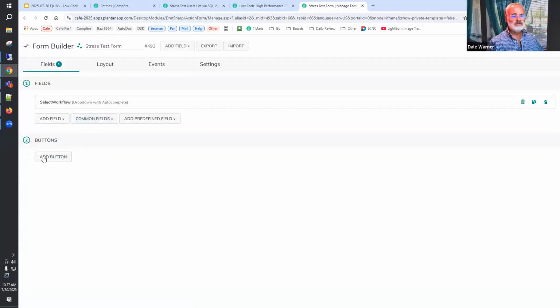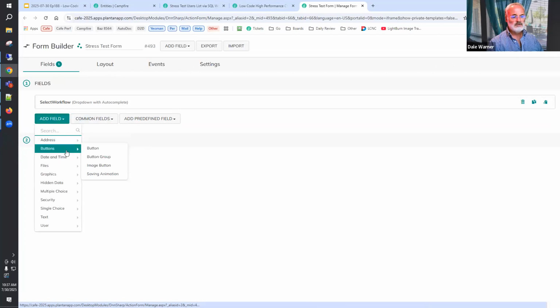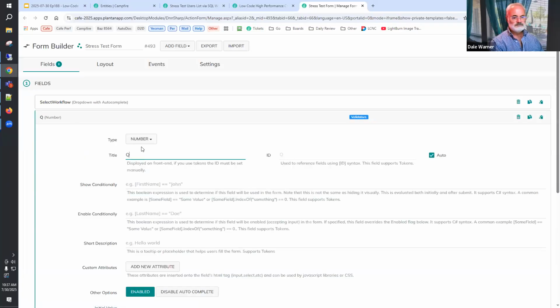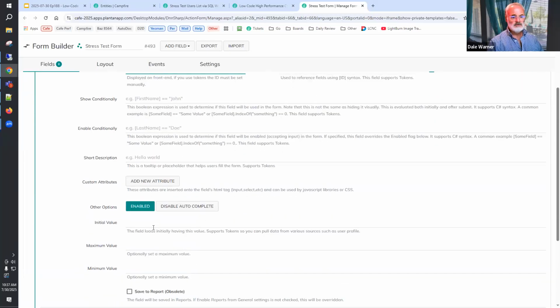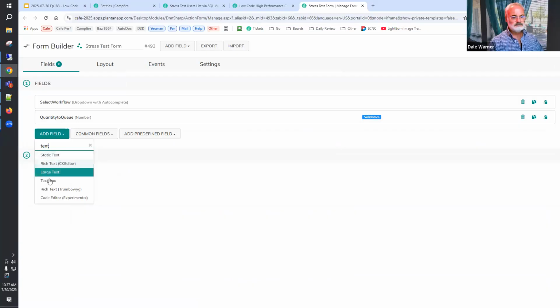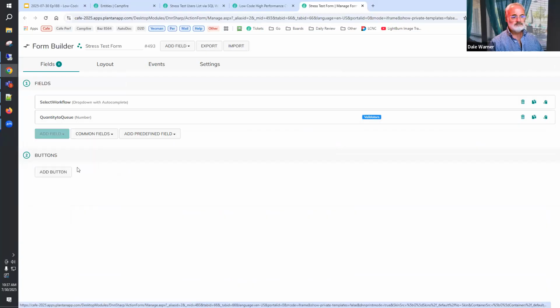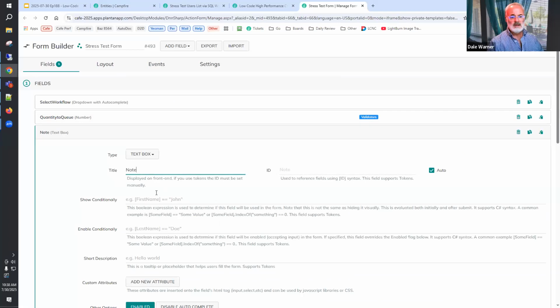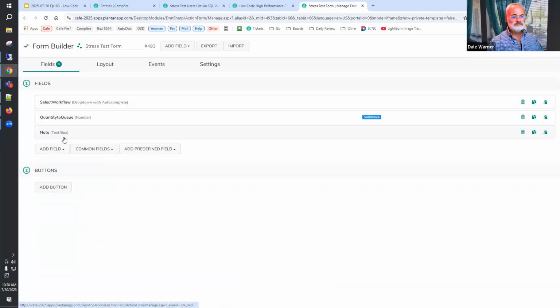We need the quantity to queue. And so that's going to be a number field. And maybe we default it to 10. It doesn't really matter. And then we also want a note field. There we go. And that's going to be empty. We'll have a button, and